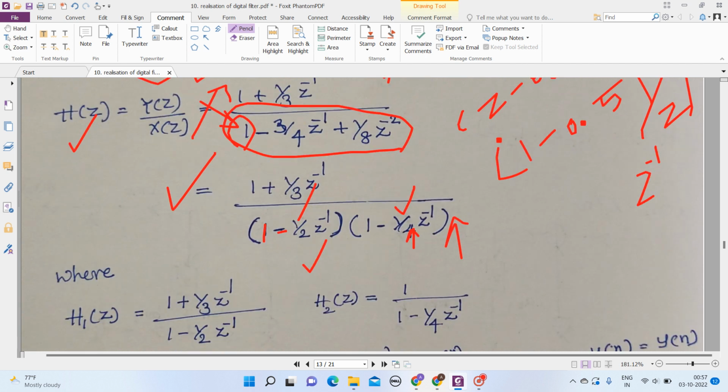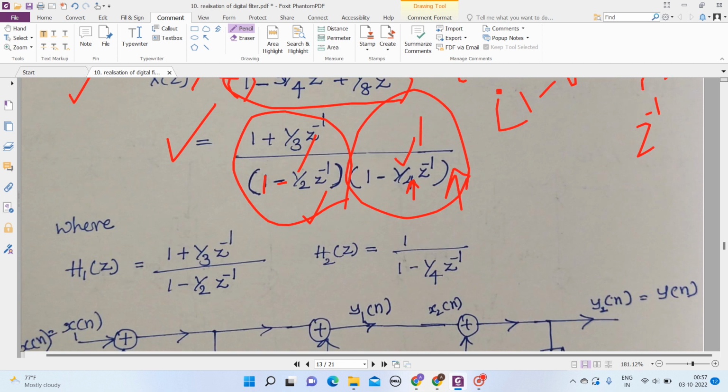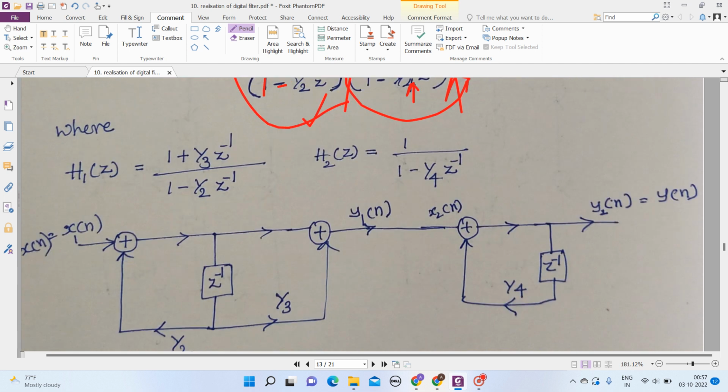After writing this, take this one as h1 of z, and here there is a 1, so it is h2 of z. So apply the direct form 2 procedure